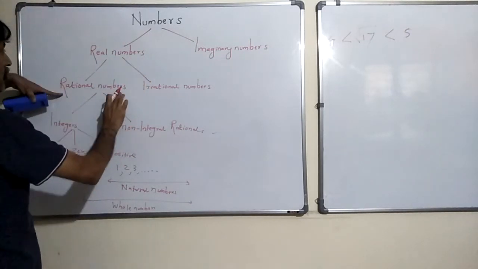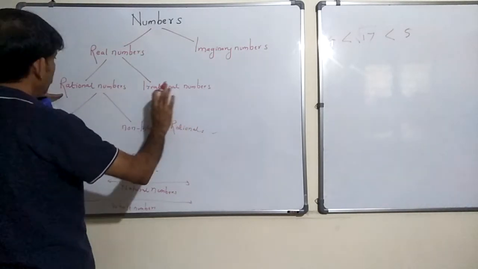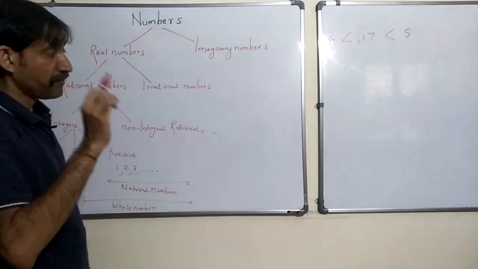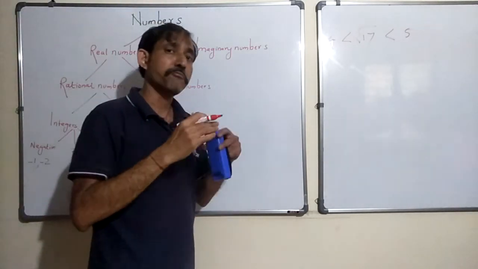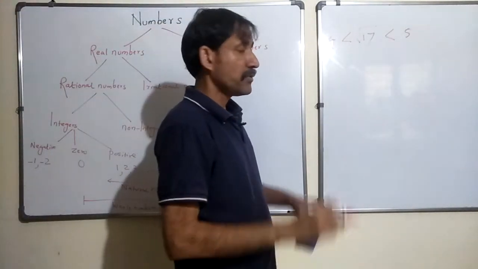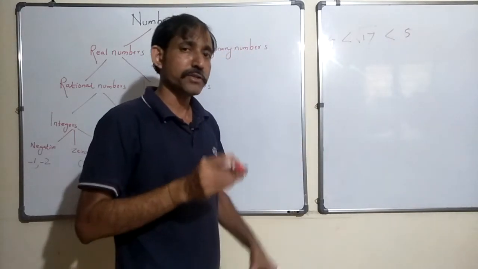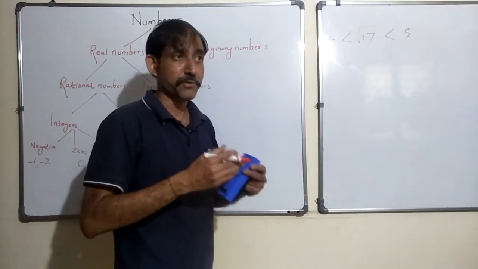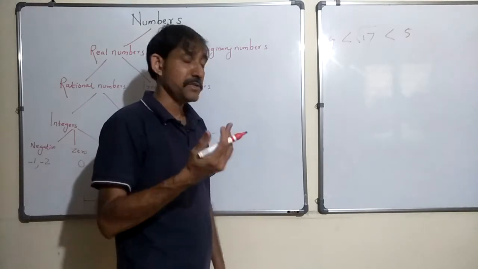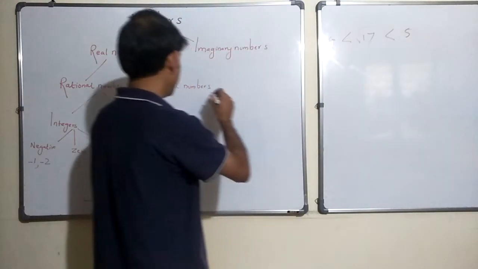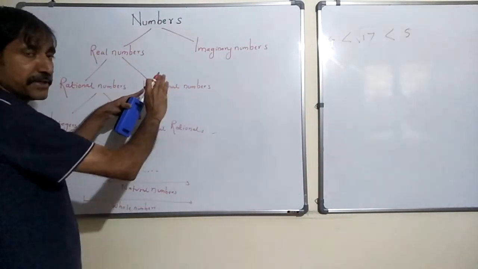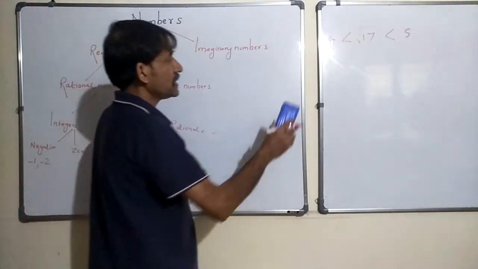Done. Now rational number or irrational number, you have proofs in class 10 to show that square root of 17 or square root of 15 or square root of 13 are irrational numbers. So we know that it is an irrational number. So this is where we end. It's finished, right? So this was another example.